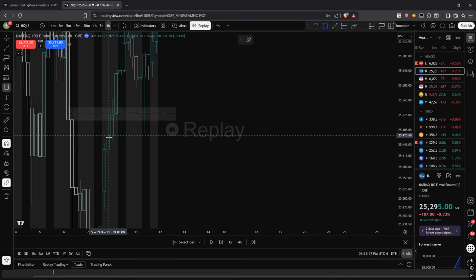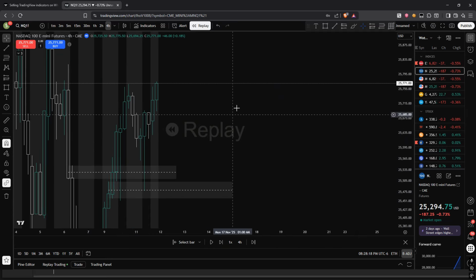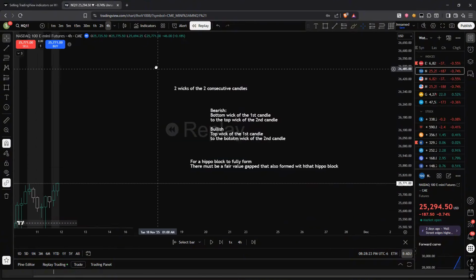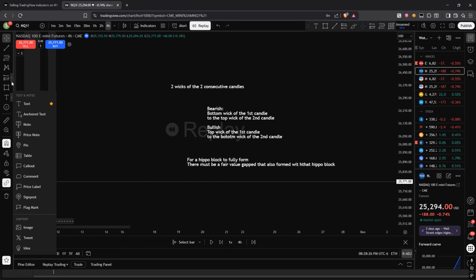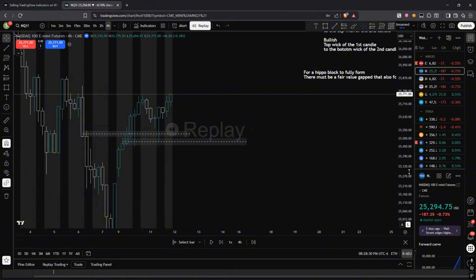So you take the top wick of the first candle to the bottom wick of the second candle. Instead of taking the bottom wick of the first candle to the top wick of the second candle, you take the top wick of the first candle to the bottom wick of the second candle. And you basically just take a read at that, right? So yeah,